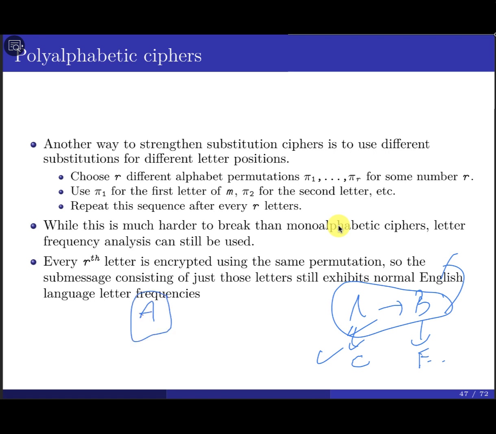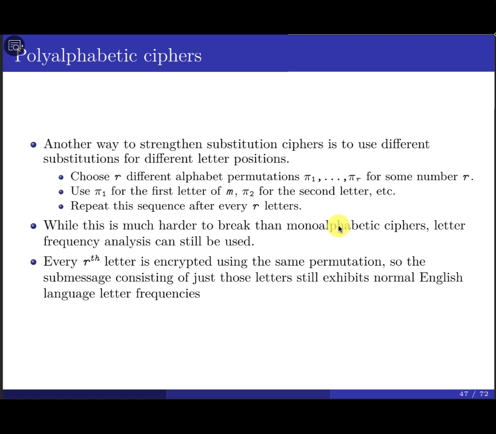If it's going to be the first letter, or the second, or the third, or the fourth, it might change. Sometimes A is going to be mapped to D, and sometimes to C or whatever. So let me give you an example here. You have a plain text, okay? This is a plain text. You need to cipher this one.